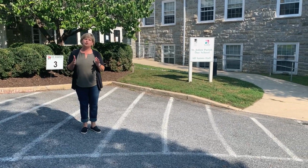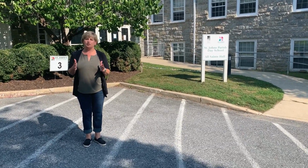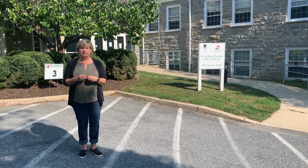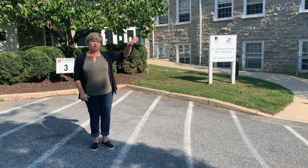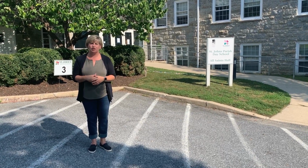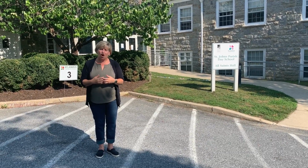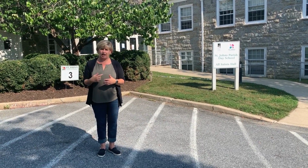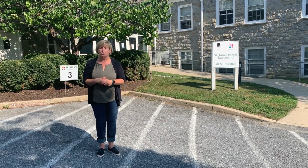is you will all receive car signs that have your child's name and their grade on them. Those must be displayed in the passenger sun visor with it down as you come on campus. That helps those staff members that are calling for the children to be able to clearly see who they are calling for. If your car sign is not displayed, we may ask for you to remove yourself from the car line and come back around, because without the car sign, we will be asking for identification before we can release